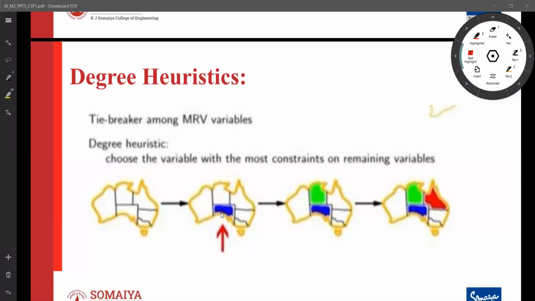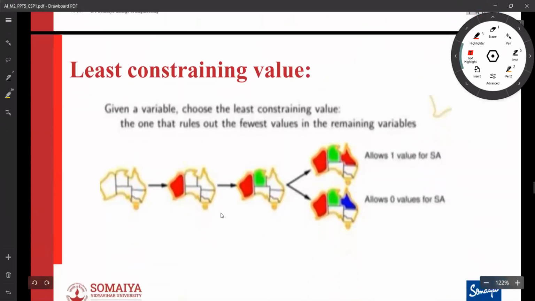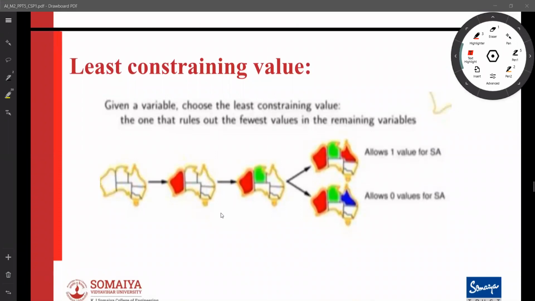So we need to move back and we need to backtrack. And your intuition is a form. So now we have to do the optimization. The entire idea is the value has to be sought to fit which has more constraints. But what does that mean? So the heuristic that comes out is the least constraining value, that is what we are going to see here: the value which places the least constraint on the other variables.